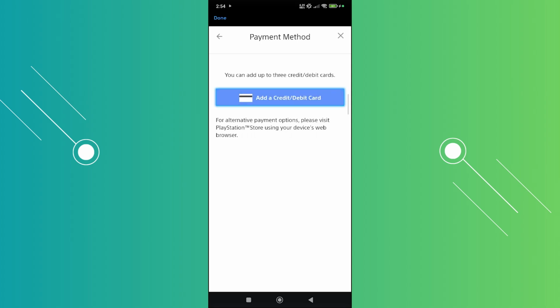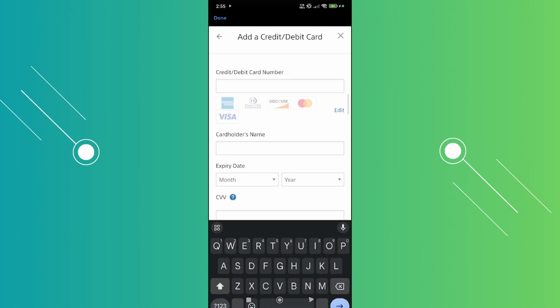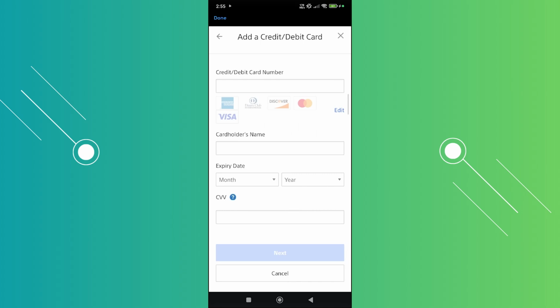But yeah, once you've added your card here, as you can see, it's going to accept different kinds of cards. Again, a Cash App card is going to be a Visa card, so definitely they will accept your card here. So go ahead and provide all the details, even the card holder's name here. But once you provide all the details and click on next at the very bottom, it might require you to do some verification, but then again, just complete that, and from then on, you should be able to add